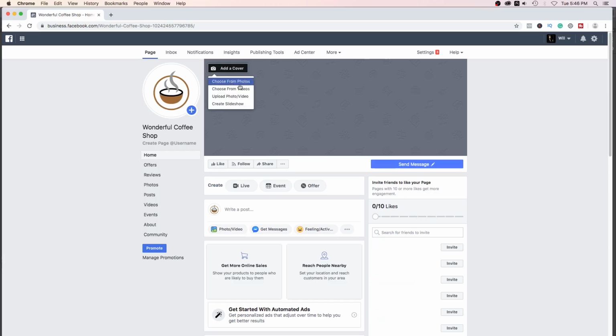You can either add something from your photos. You can even add a video, or they do a slideshow where you can have multiple photos. So let's say you have 5 or 6 products. I don't know what they cap you at. I think it was like 3 or 4 photos for the slideshow. So let's say you have a few different product options. You could possibly do a slideshow that would show